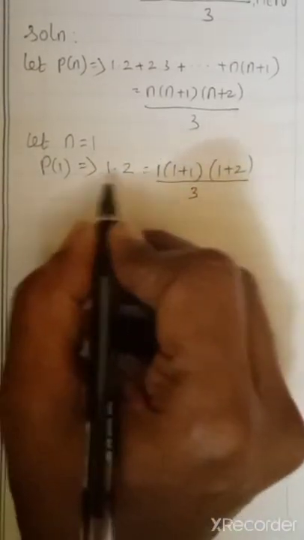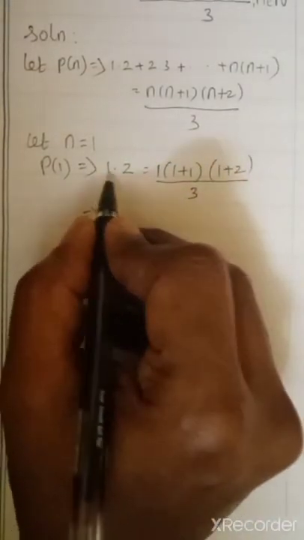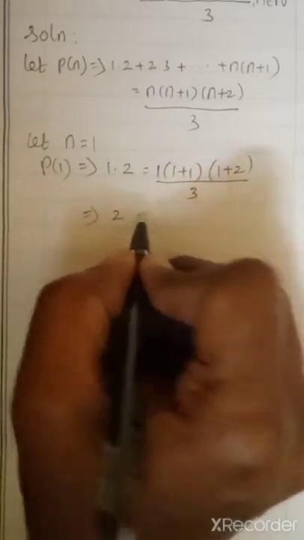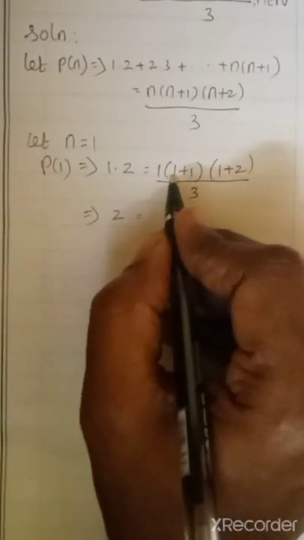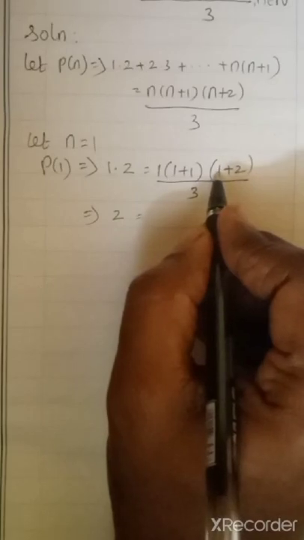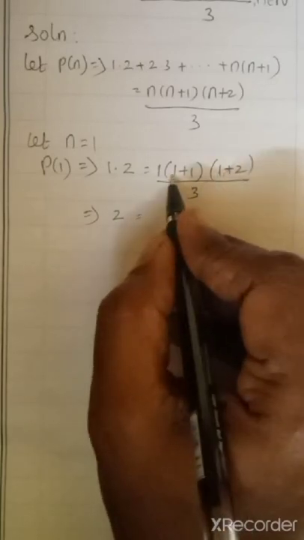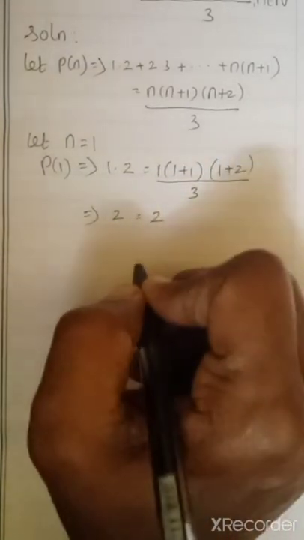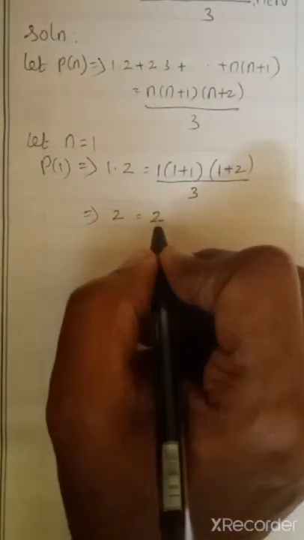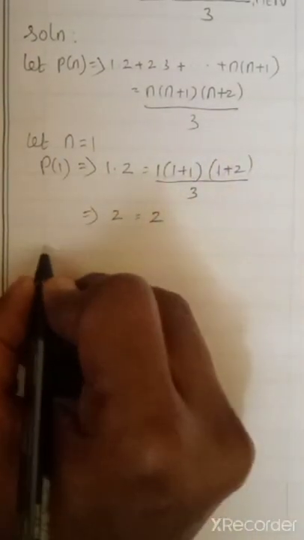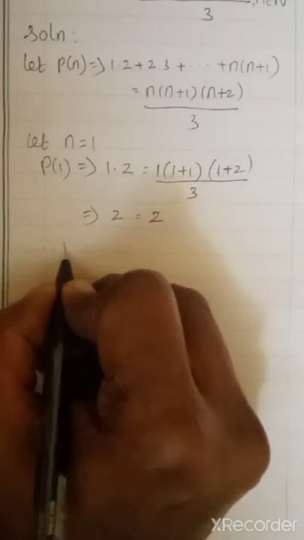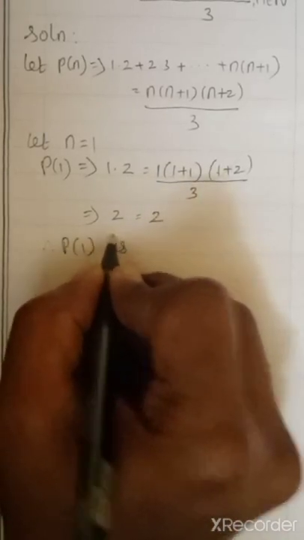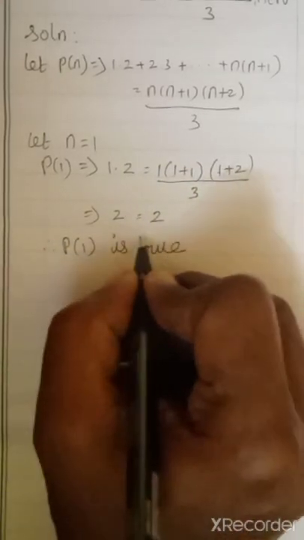Correct? What is 1 into 2? The answer is 2. Here 1 plus 1 is 2, plus 1 is 3, the 3 cancels. So 1 plus 1 is 2 only. So left hand side is equal to right hand side, correct? So what can we conclude? Therefore,